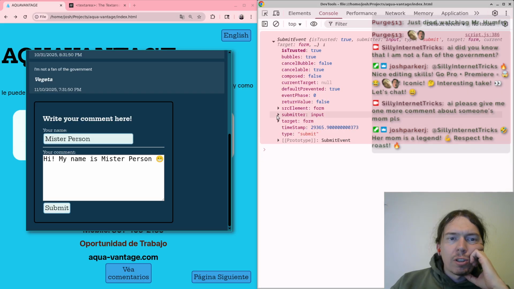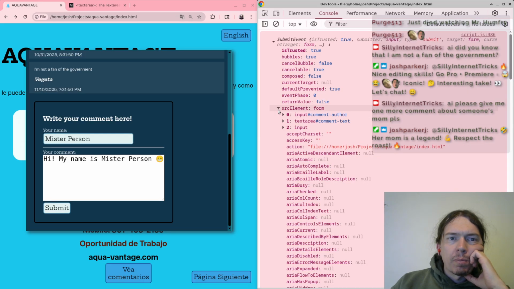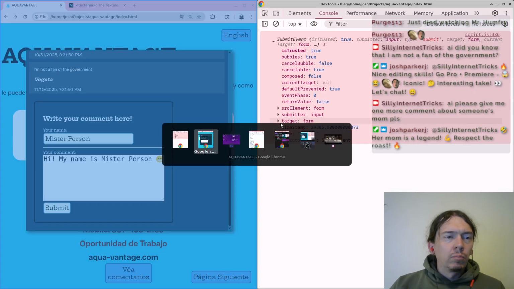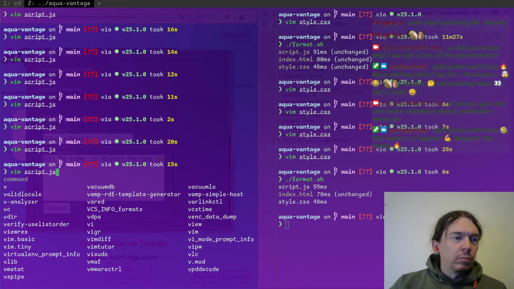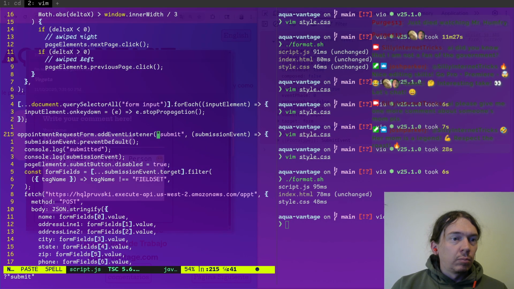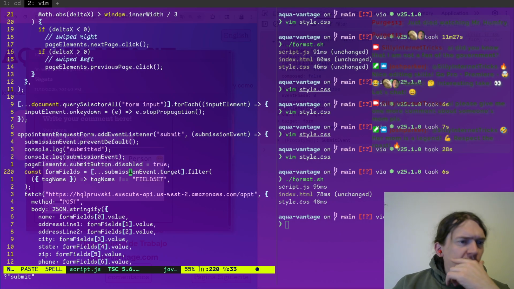Or the submitter? So we prevent default, console log, disable the button. Yeah, that would make sense, I think.